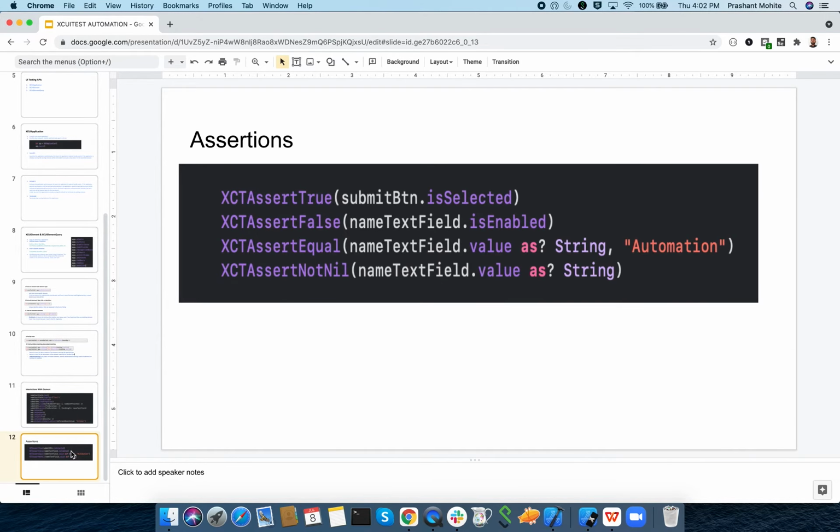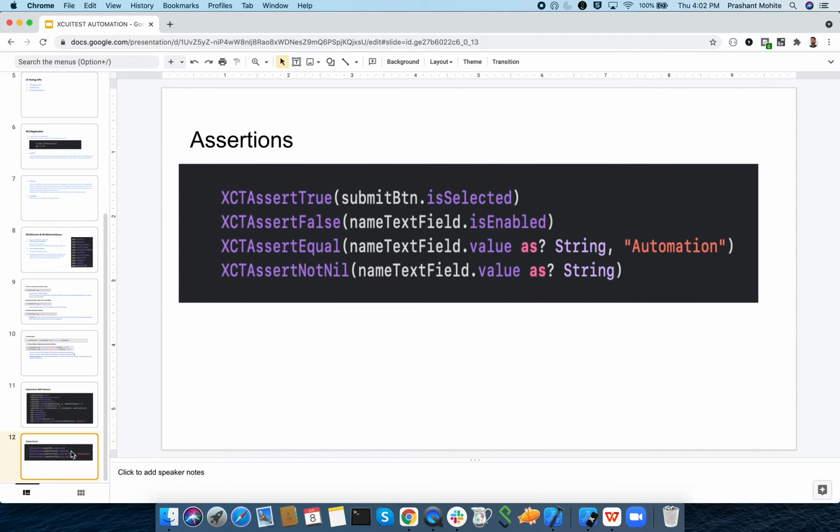And then the final is assertions. Whenever you write any flow in your automation test scripts, you want to put in an assertion, so you can verify that your flow is correct, or that whatever expected result you want is there or not. For that purpose, you can use assertions like assert true, assert false, assert equal.